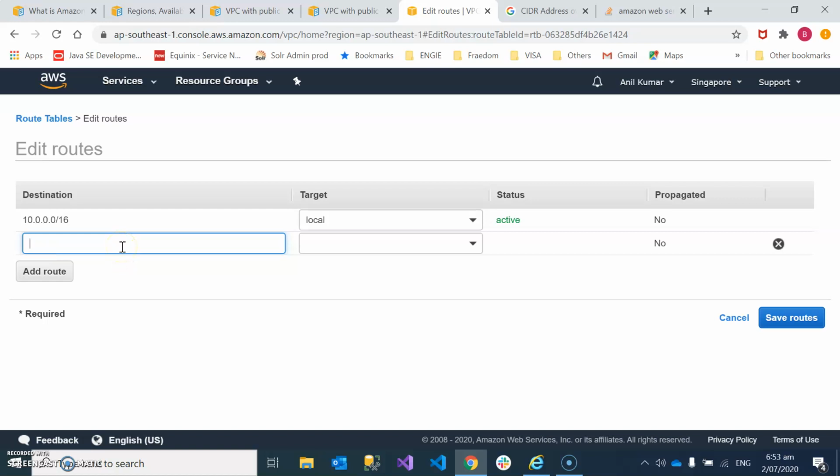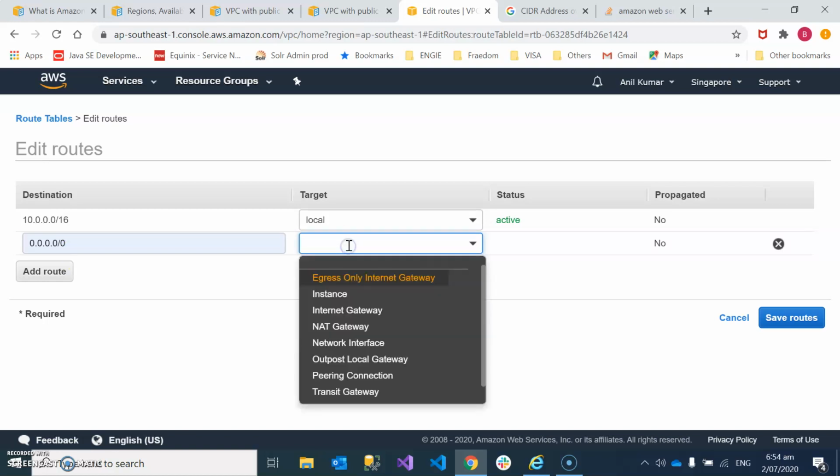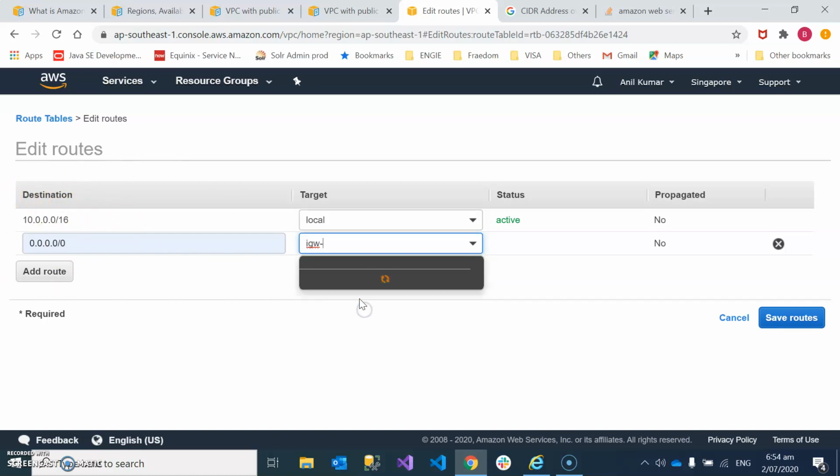Here destination means where you want to connect. We are putting this address, which means it can go to any resource on the internet, and the target is via which mechanism you want to reach this destination. I'm going to select internet gateway, and it gives me test IGW.